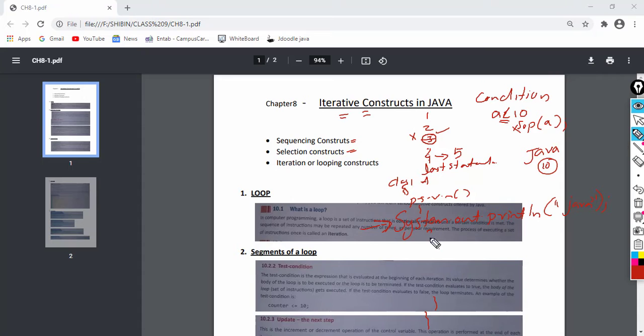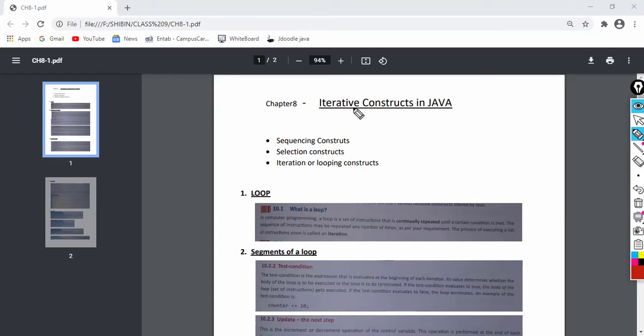So after using a loop, we can execute this statement, System.out.println, 10 times. So that will print Java 10 times. So the number of statements is less if you are using a loop. If you are not using a loop, the number of statements will be more, isn't it? So that is the advantage of a loop. I hope you could understand.